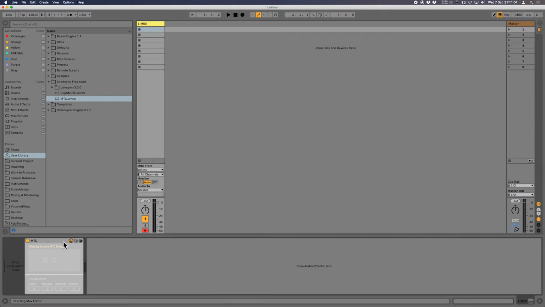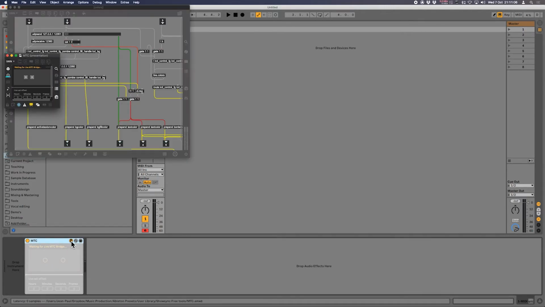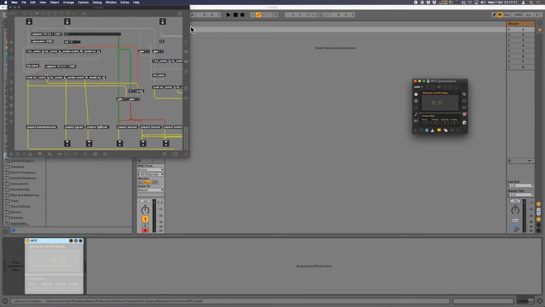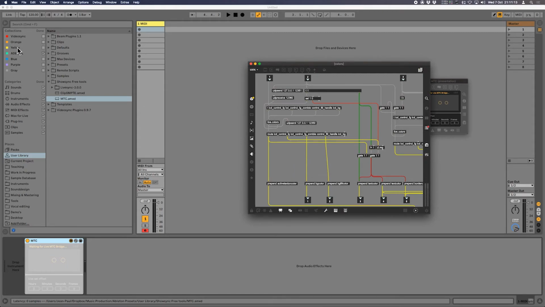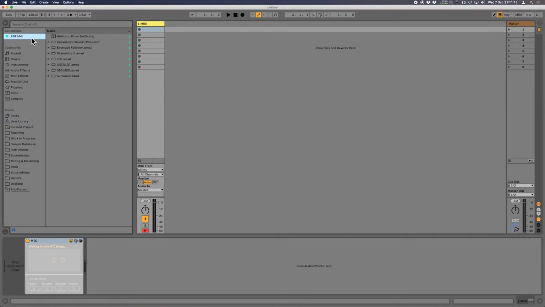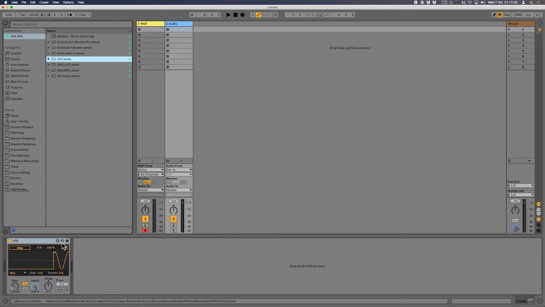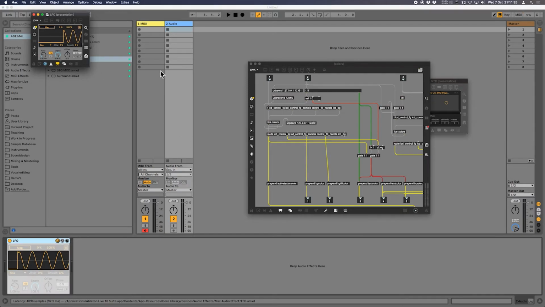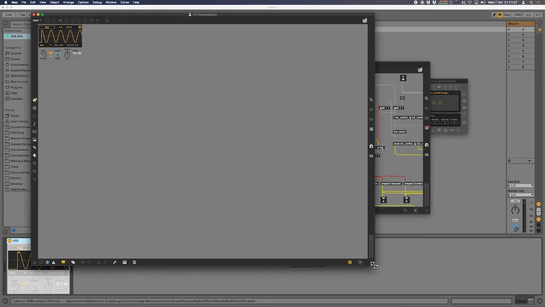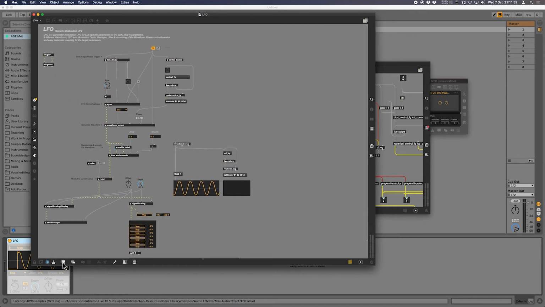But let's open this device, and I have this little button down here, and with that I can open any Max for Live device. I'm not sure if you may have noticed before with any of the other devices that I have shown, but for example, if we just quickly go back to the Max for Live LFO, here we go, we can click this one as well, and then the LFO opens. There we go, we can open this whole area, and here we have patching mode. So if we click that, we go out of presentation mode,